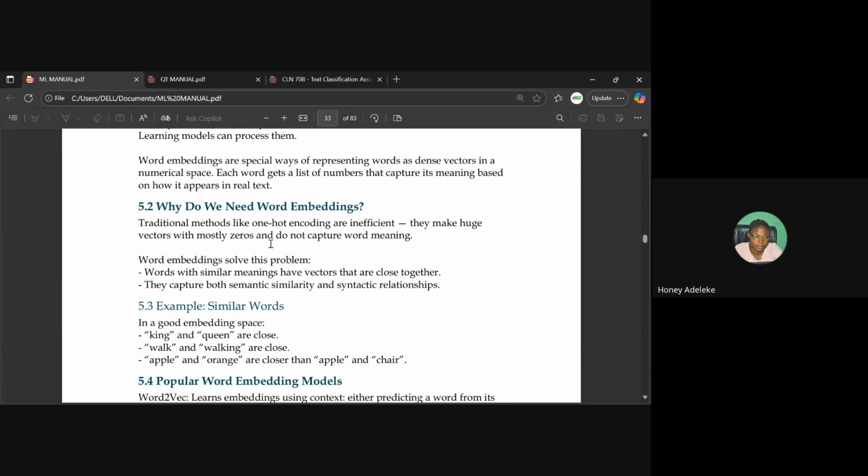The vectors are the numerical figures I've shown you. At the end of the day, you see that they are very close to each other. Their distances are very close, so you know that those words have similar meanings. Then they capture both semantic similarity and syntactic